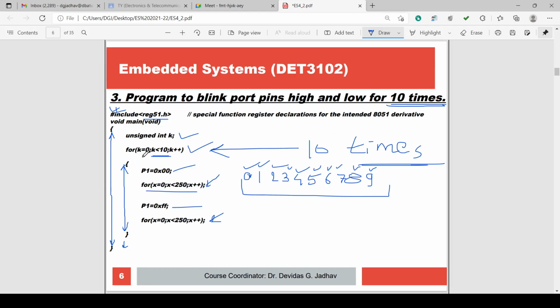And the third program is for a limited number of times, 10 times only. For k equal to 0, k less than 10, k incremented by 1, so it executes 10 times only.